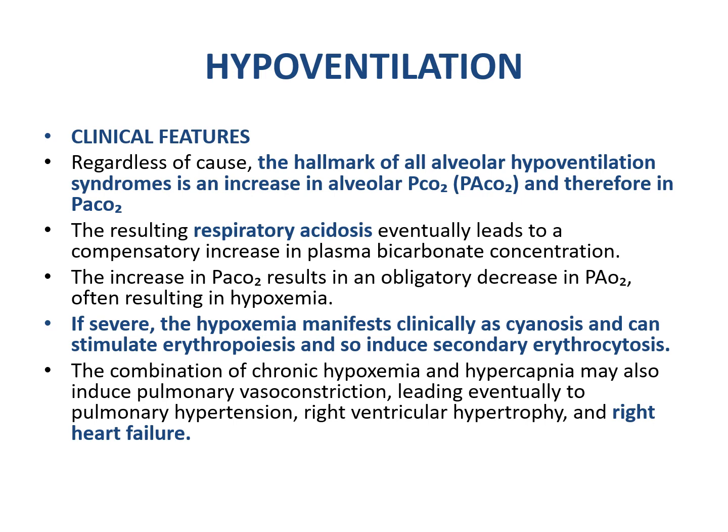If severe, the hypoxemia manifests clinically as cyanosis and can stimulate erythropoiesis and so induce secondary erythrocytosis. The combination of chronic hypoxemia and hypercapnia may also induce pulmonary vasoconstriction, leading eventually to pulmonary hypertension, right ventricular hypertrophy,